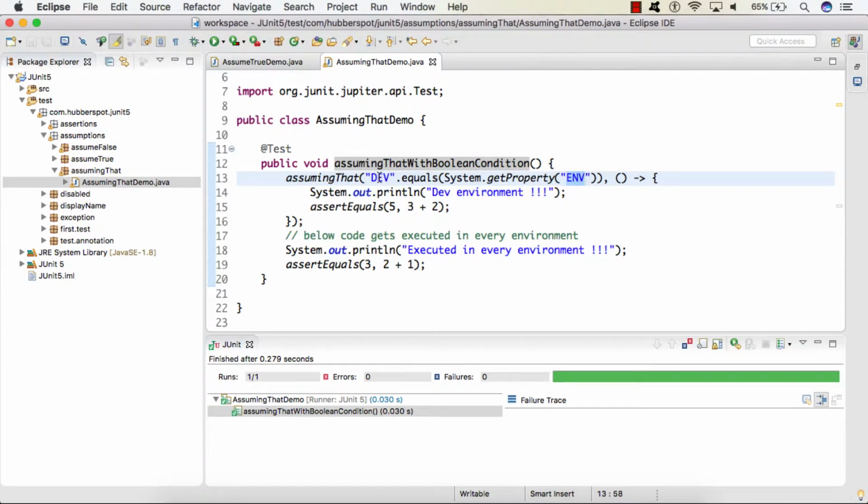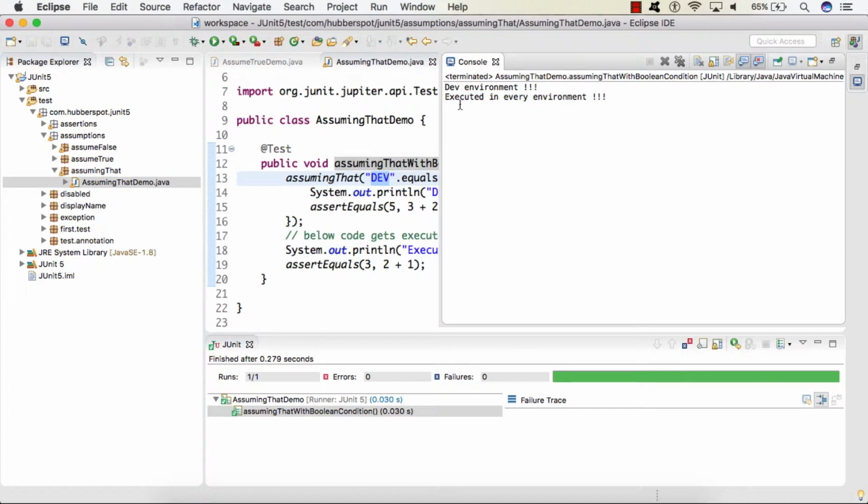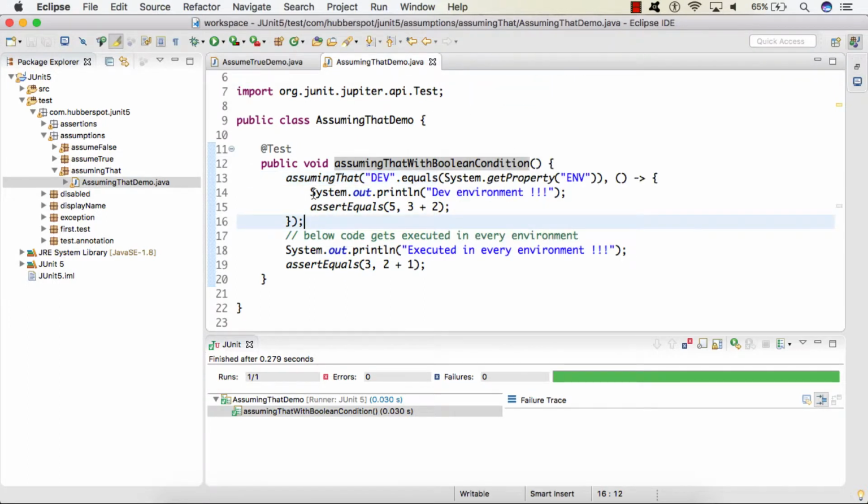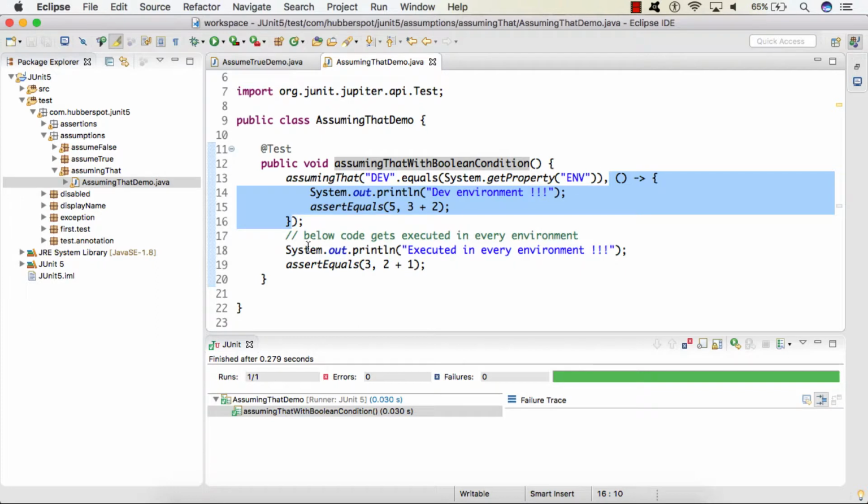And as we have supplied an environment property having the value dev, you can see it executed the code which we provided in our executable, and after that it executed the code we provided in our test case.